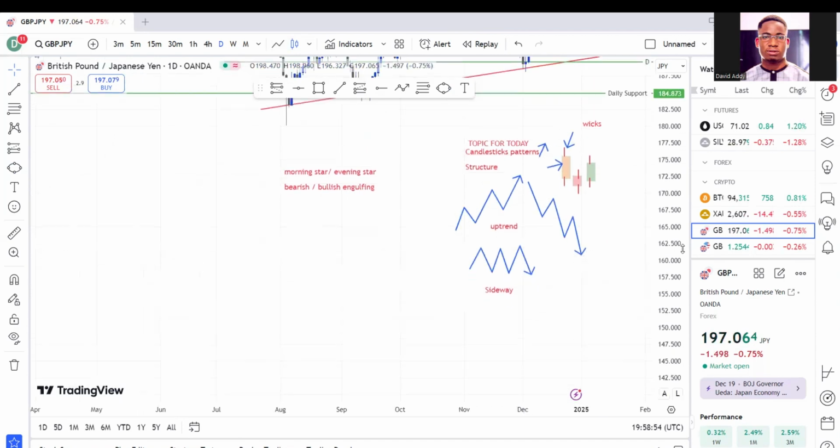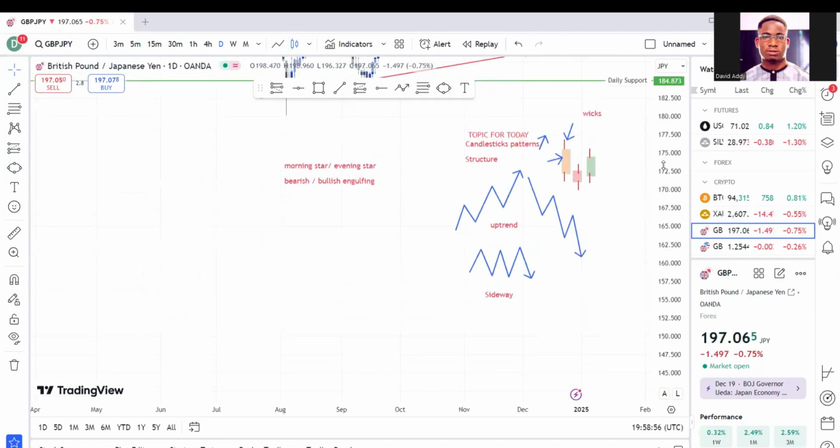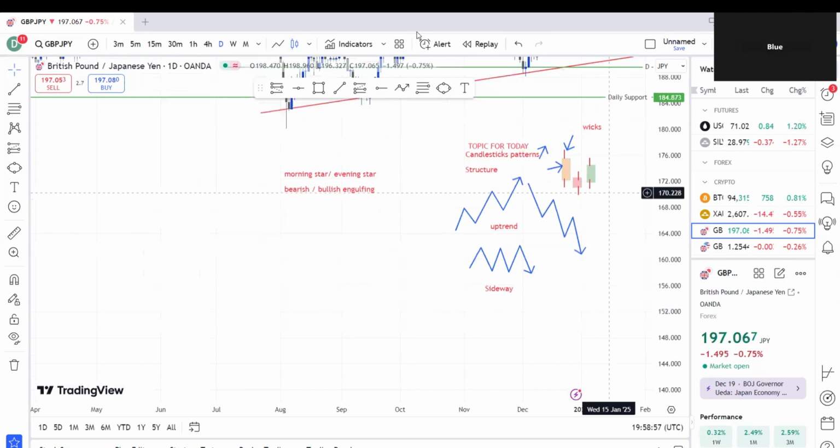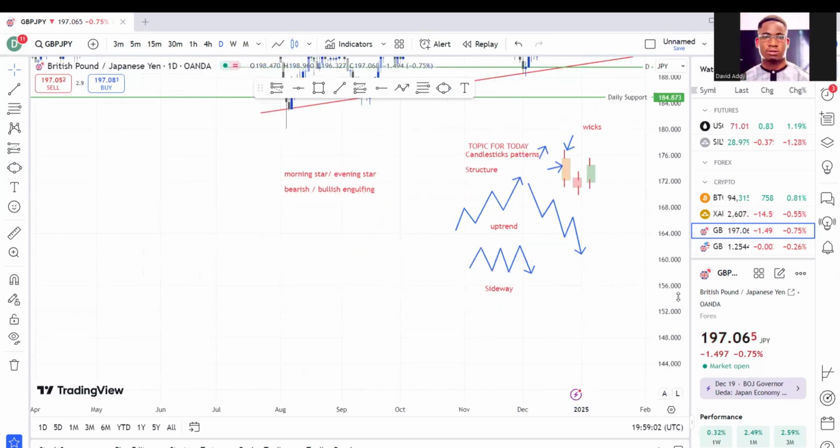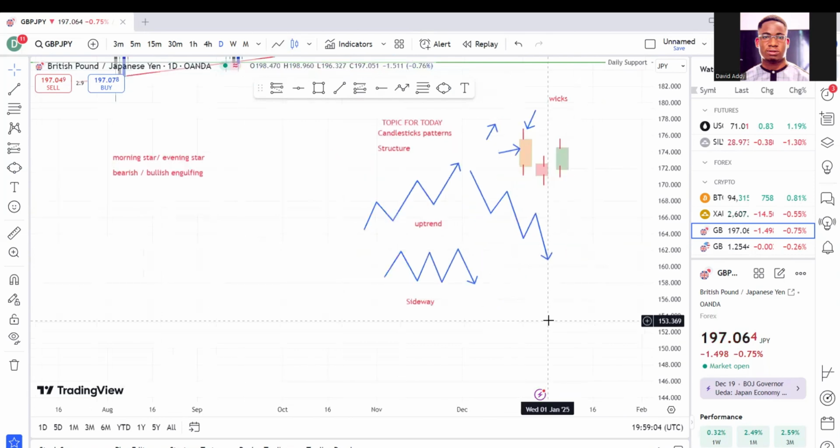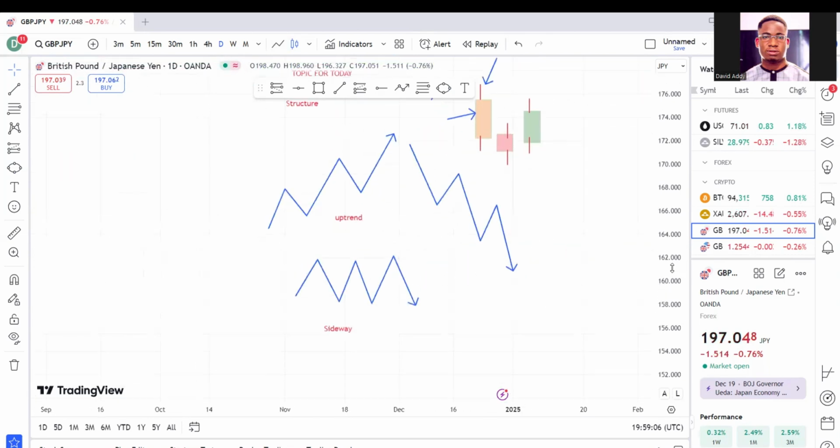So for the sake of time, I want us to also look at the structure. I want us to look at structures. As I told you, before you enter into a market, you have to know what the